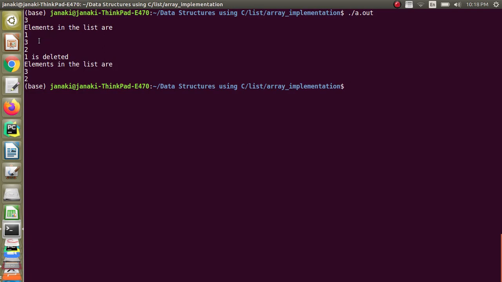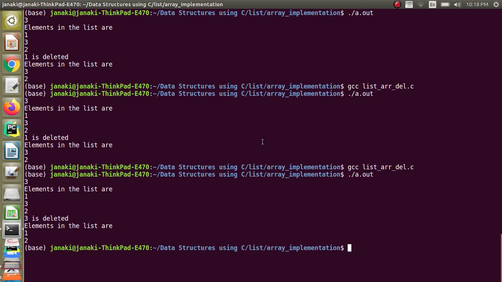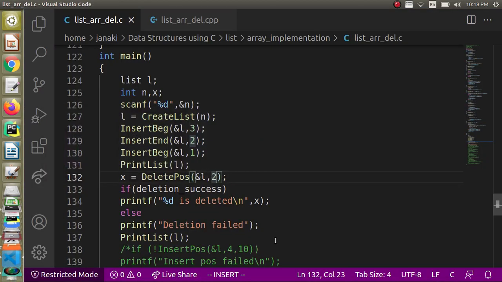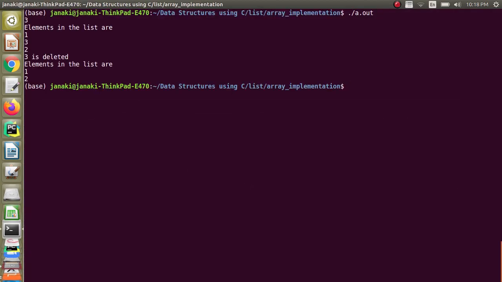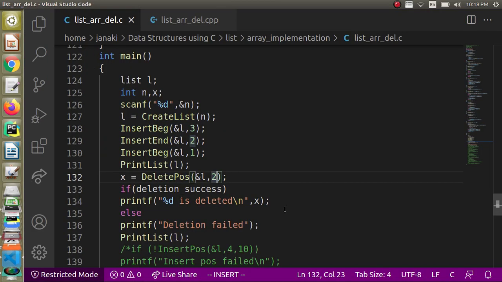Actually, when I give the position as 2, it should delete 3. I don't know, let me check. Okay, that was only a save issue, I think. I didn't properly press Ctrl S, it was not saved. Now 3 is deleted. So the second element is deleted, third is deleted, everything is working fine.